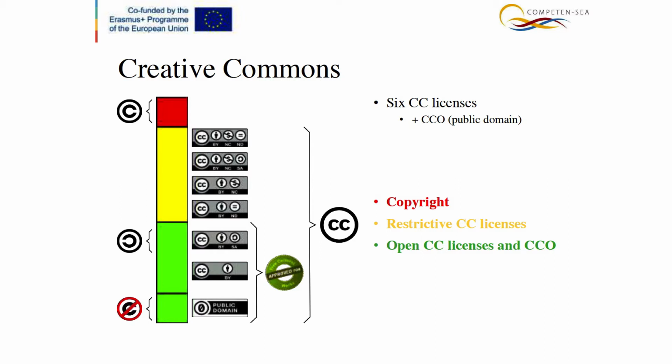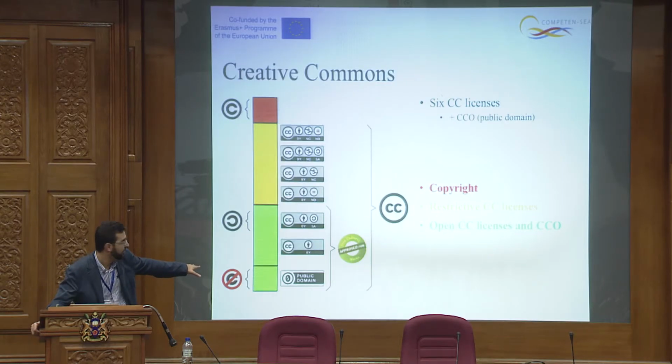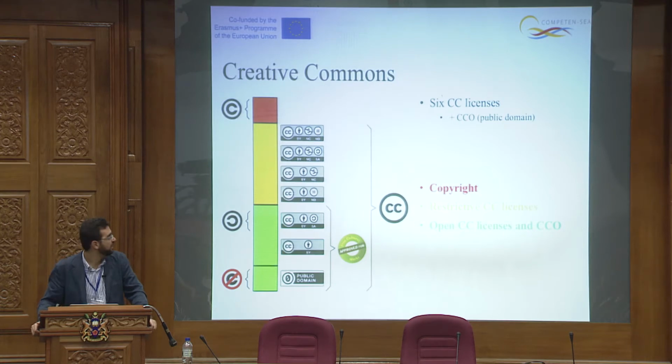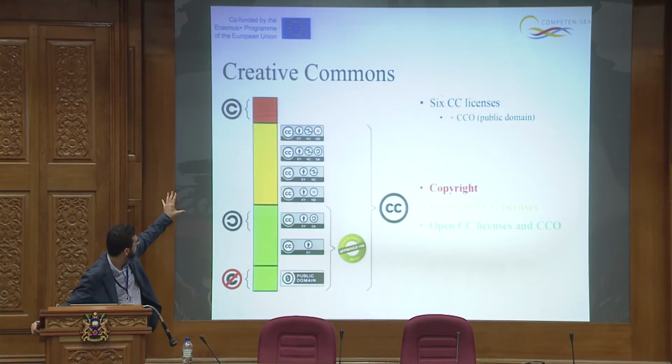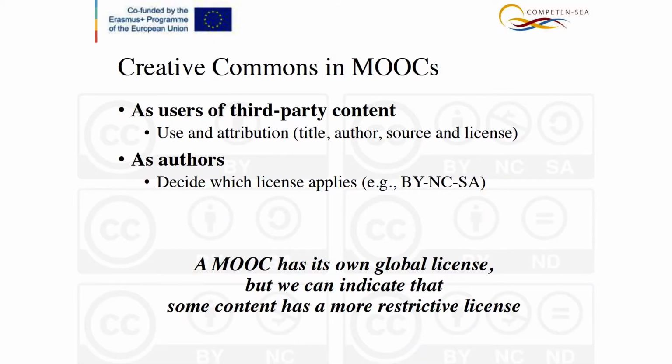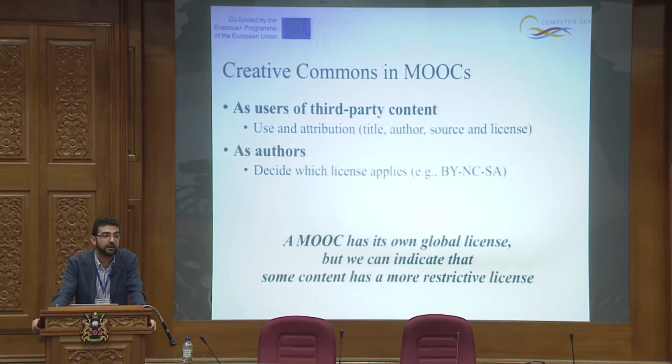Well, you have these slides, but you will see here are the symbols. So on top, the red one means copyright, and in green and yellow colors are the Creative Commons licenses and the public domain at the bottom. So it goes from more restrictive to less restrictive. So as users of third-party materials, we need to be very aware of what kind of license these materials have, and cite the material accordingly,